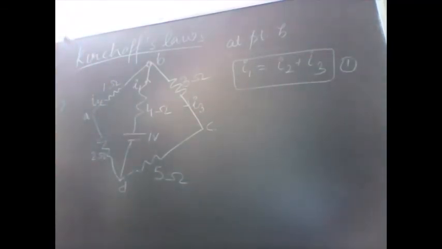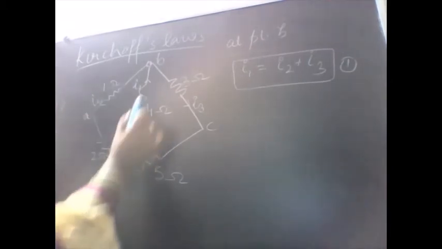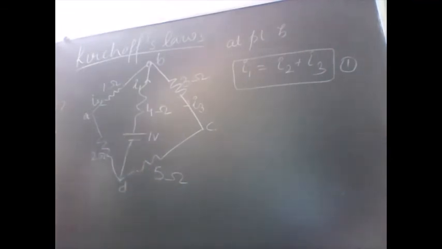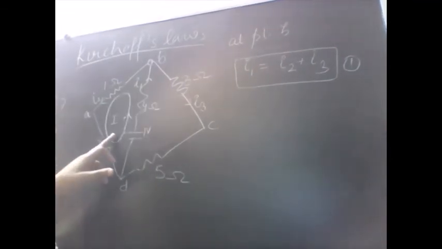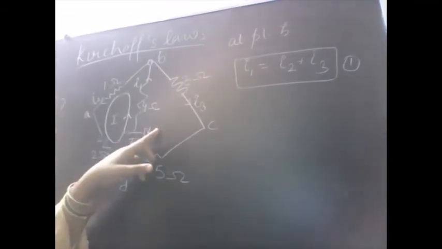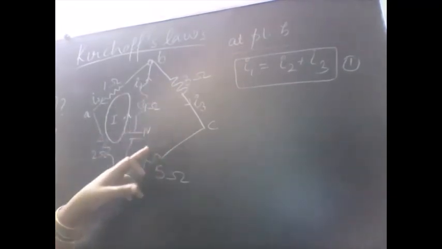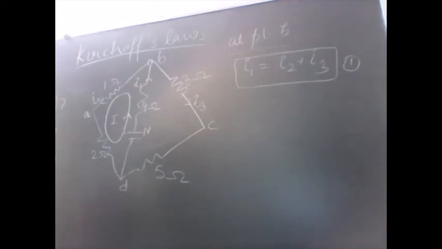Now let us apply the KVL, and for the KVL I need to choose the closed loop. It is very apparent there are two closed loops. One is this and the second loop is this. I have chosen one loop here. The second loop of course will be in the right hand side portion. You can choose the loop clockwise or anti-clockwise. The significance I will explain a bit later.